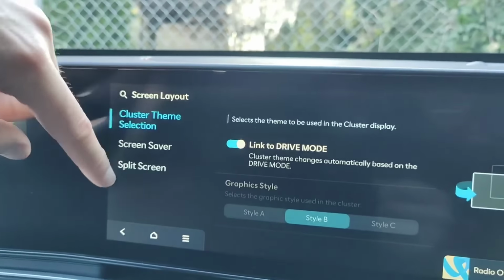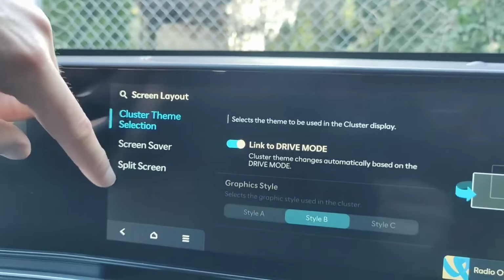So if I hold this power button here, boom, shuts off, there we go. And we have a clock, press that again, turns back on. You can choose which one of those you want. And then in split screen, you can enable or disable the compass. The clock's pretty much always going to be there. So there's not a whole lot of customization on this particular vehicle, but in higher trim levels, you'll see more